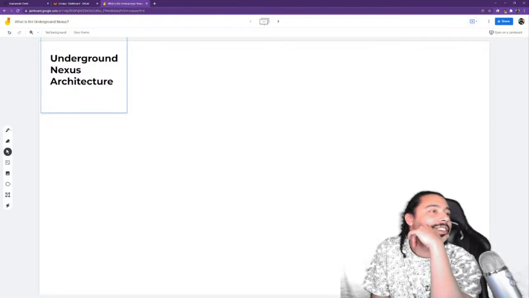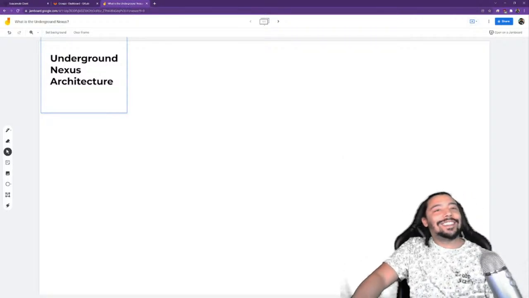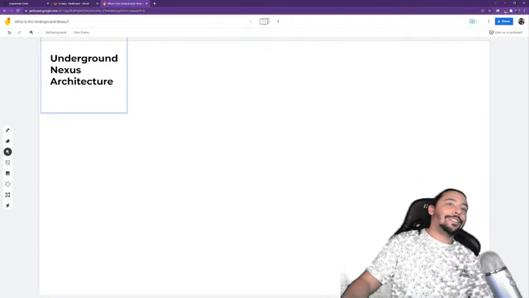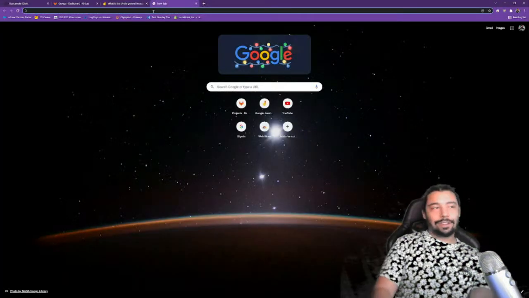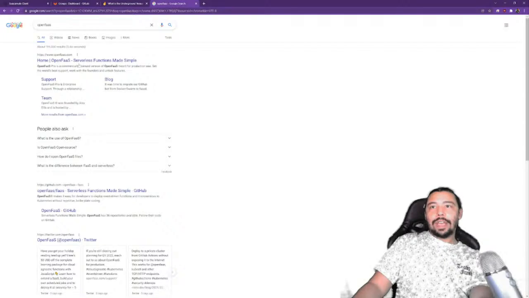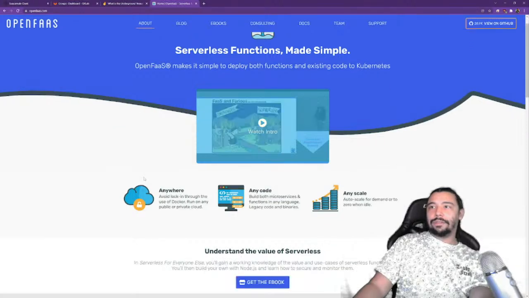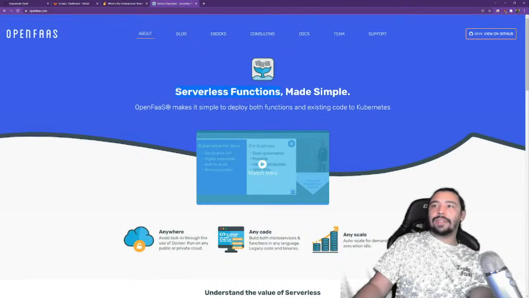Zapier reminds me of Azure Functions with no code. Yeah, Zapier's kind of crazy. It also reminds me of OpenFaaS, because OpenFaaS and Zapier are a lot alike in some ways: you can kind of code your functions and build these serverless designs using Zapier.